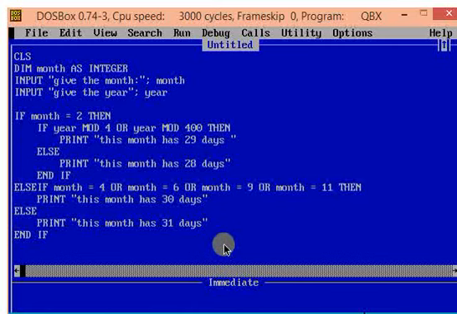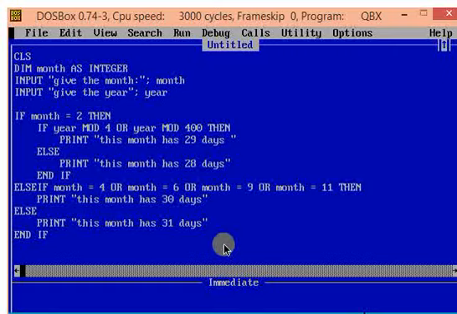Here, in this example, when the month is of value 2, it goes inside the if block. Again further, there is an if block that checks if the year is divisible by 400 or 4 using the mod operator. This is to check if it is a leap year. Then it prints the number of days of the month accordingly. If month is among 4, 6, 9 or 11, then it prints that the month has 30 days. Else, it prints that the month has 31 days.